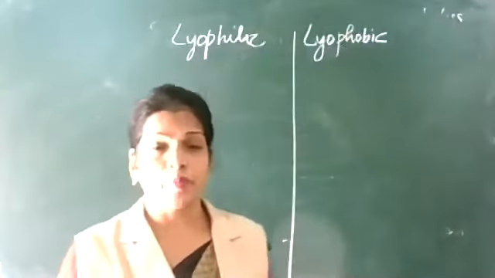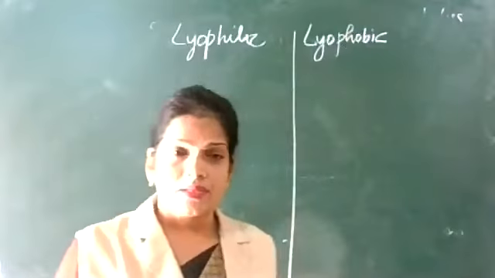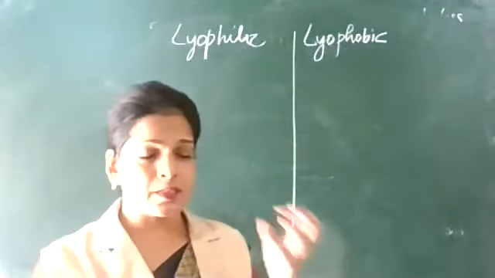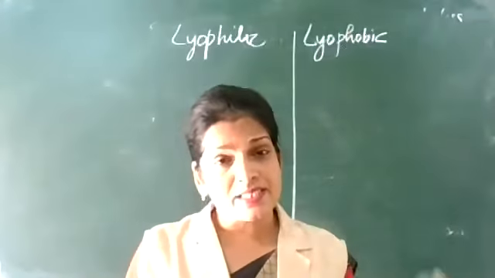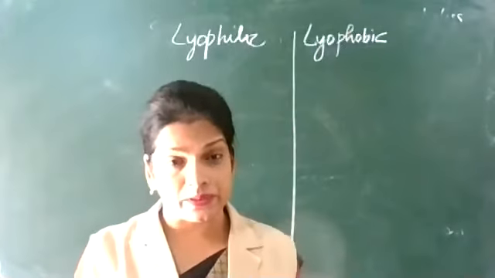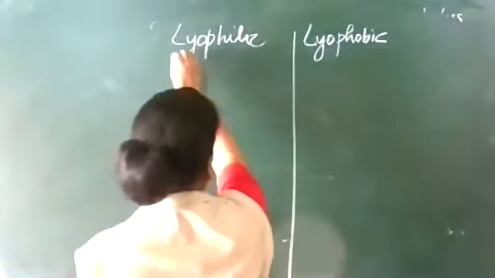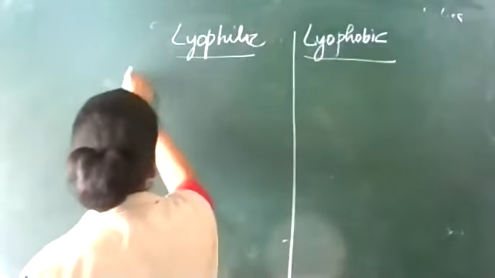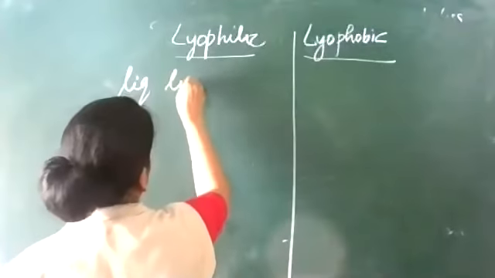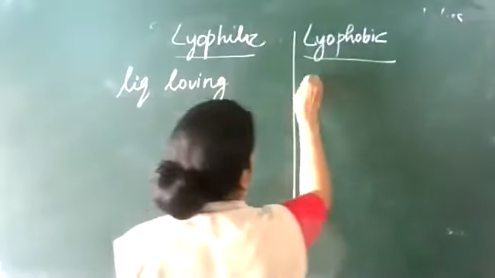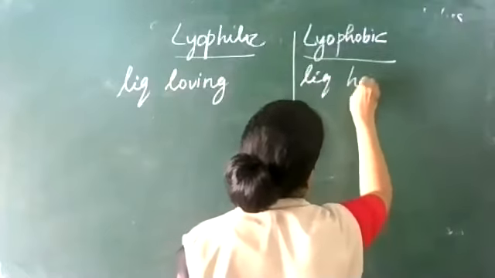Philic means love, phobic means phobia. So whether this dispersed phase loves this dispersion medium. Lyo means liquid: liquid loving, liquid hating. So here, liquid loving,